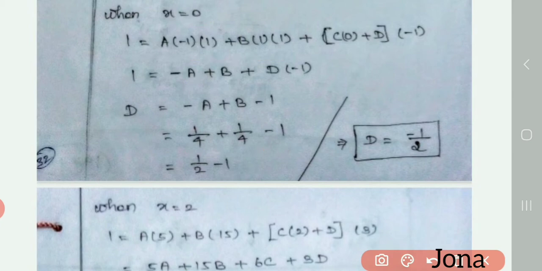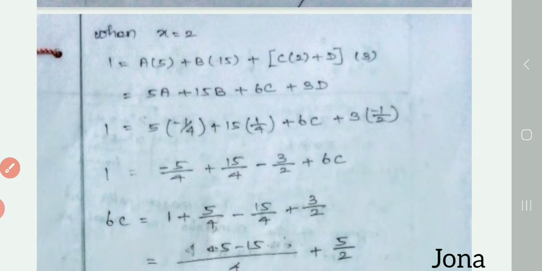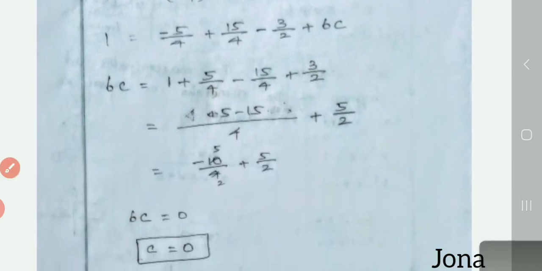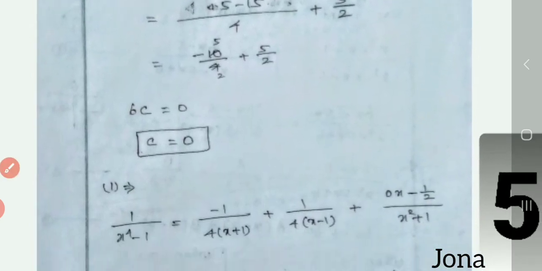We want to find one more constant value, c. For this also I want to substitute some value, x equal to 2. Okay, so I put x equal to 2 in the long equation. So we will get like this, and then simplify everything and substitute the value of a, b and d here. Okay, and then take LCM and simplify. Finally you will get the value of c here. So now we got the value of c as 0.